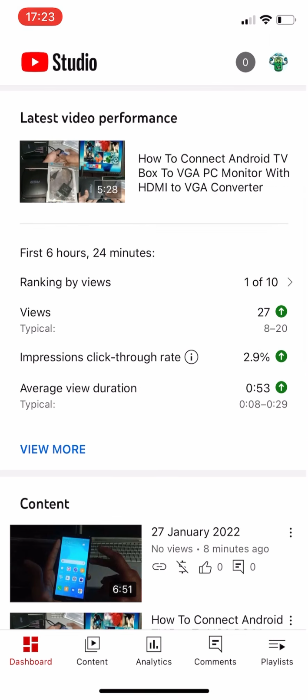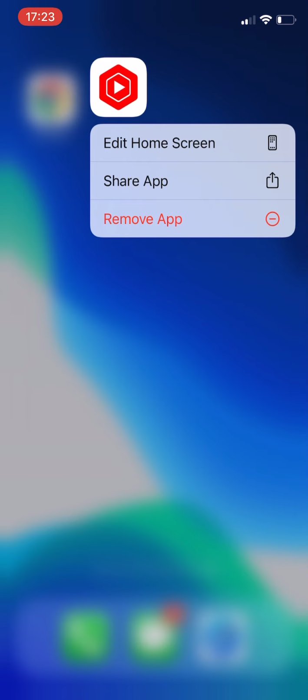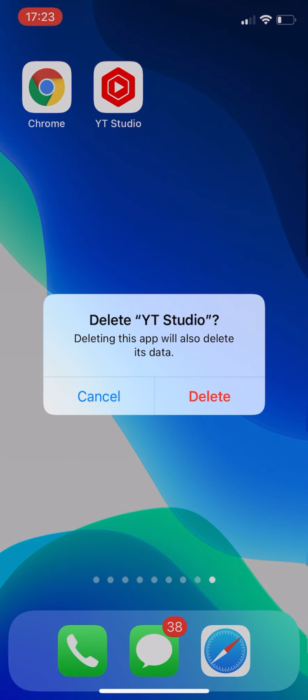So the only solution I found is you need to delete this app. So first of all, just uninstall it. You can always sign in again, it's simple, vice versa. Delete, sign in, there's no long way around it. So what you do is delete the app and then go back to Chrome,